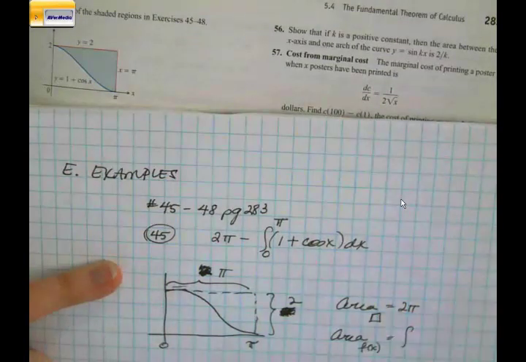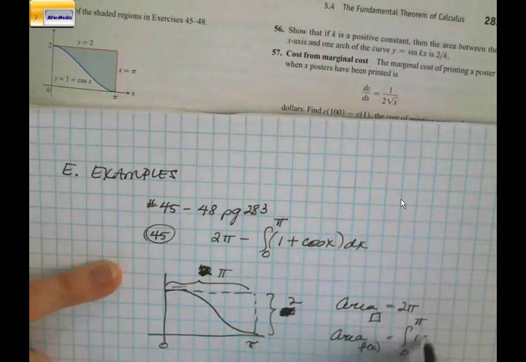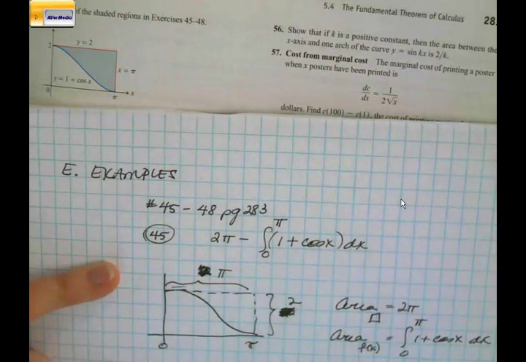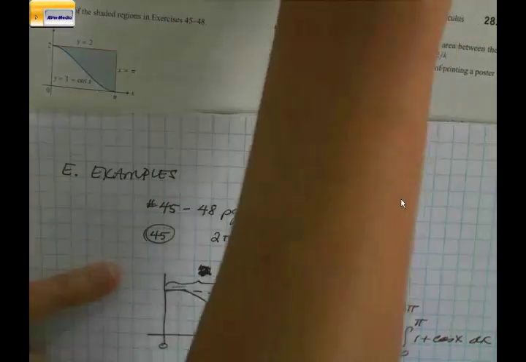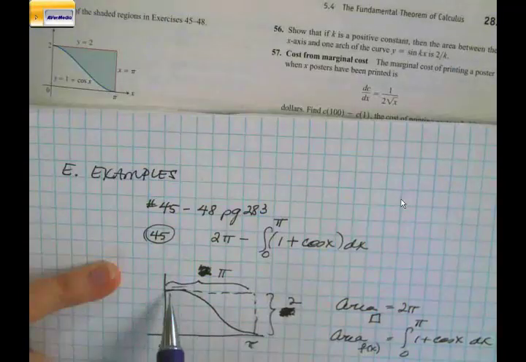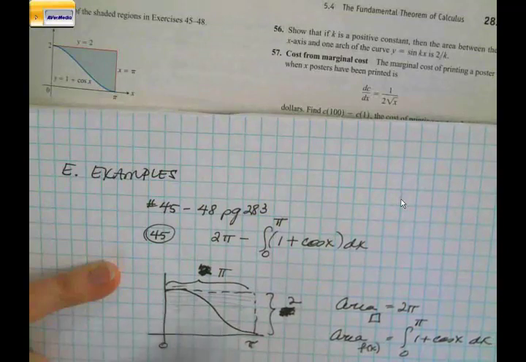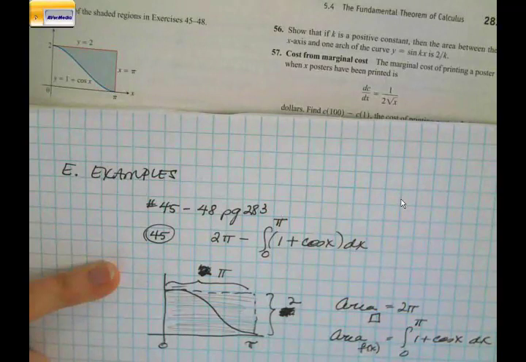This is 0 to pi of the curve. So if I take the area of the whole box, right? If I take the area of the whole box,